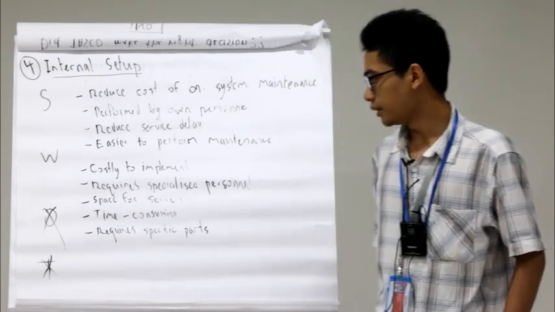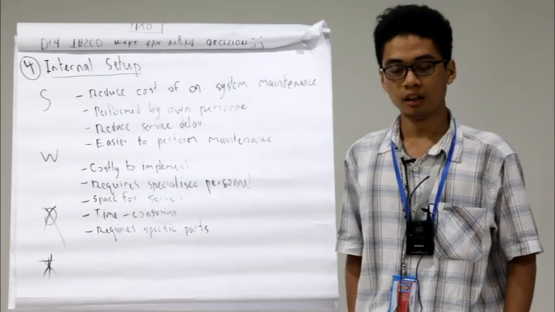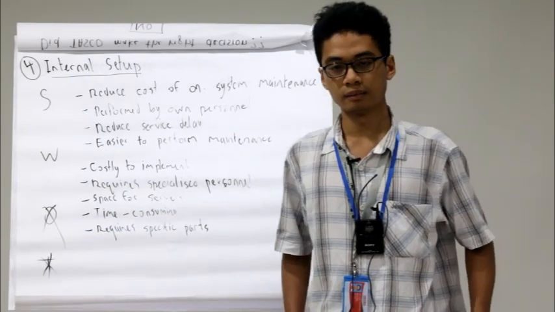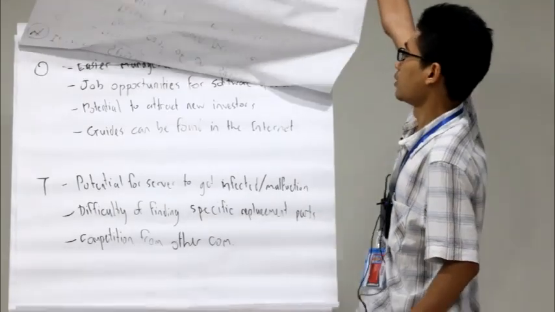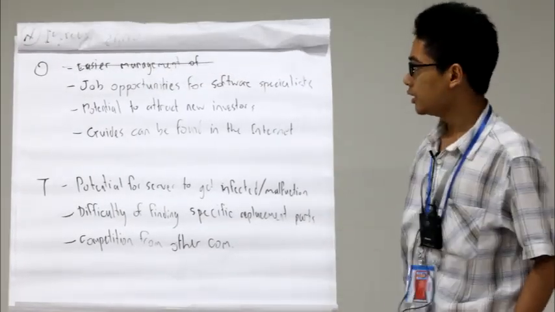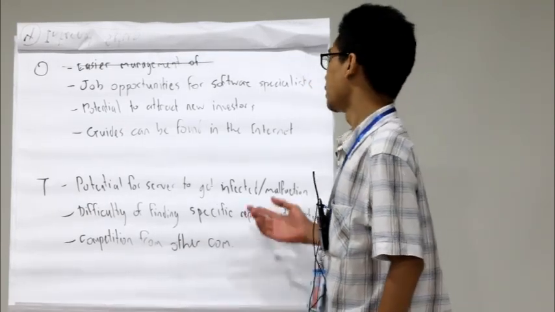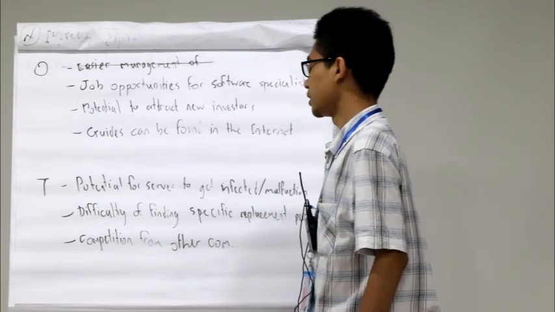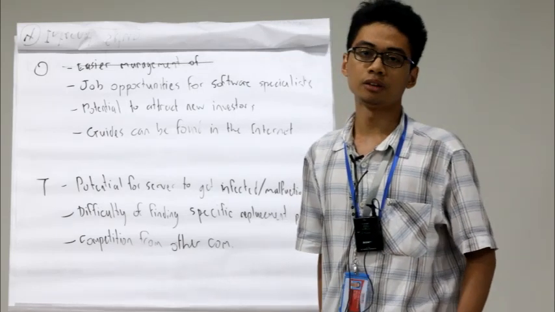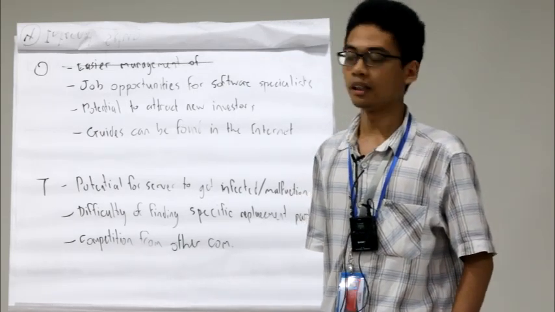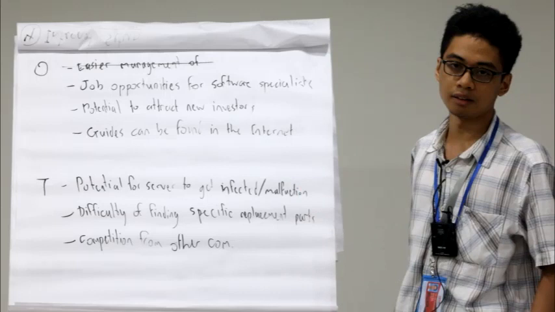The fourth weakness is that the servers sometimes require specific parts, which means we have to search at very certain locations and sometimes even outside our country. Now, the opportunities for setting up an internal online system maintenance team is that there are job opportunities for software specialists. These days, there are many computer engineering graduates. Therefore, we can find many who are specialized in setting up a system maintenance,